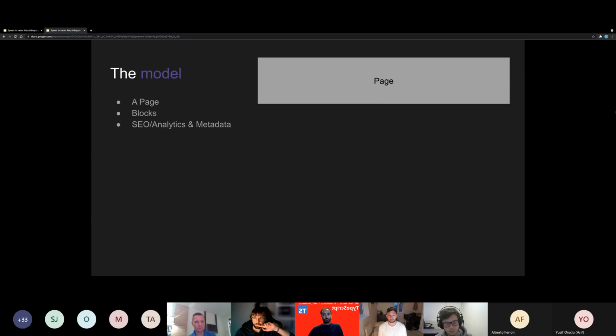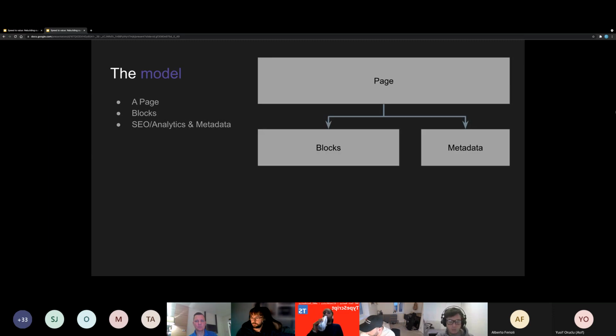So in terms of the content model itself, I've seen a few talks where they differentiate between what an article looks like, what a blog looks like, and other pages. We decided it would actually be a better model, for at least our use case, to have just one page type in the CMS that everything else builds upon. So you have this overall page bucket, and the page holds two main things. These are your blocks, so actually what appears on the site, and any metadata.